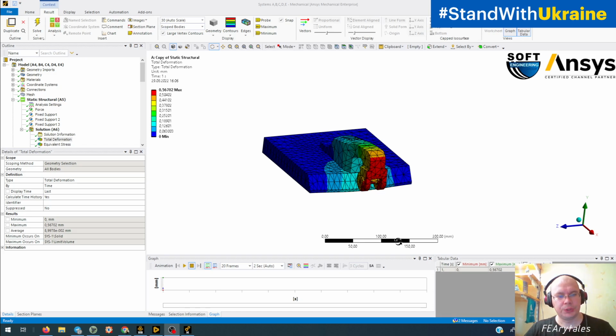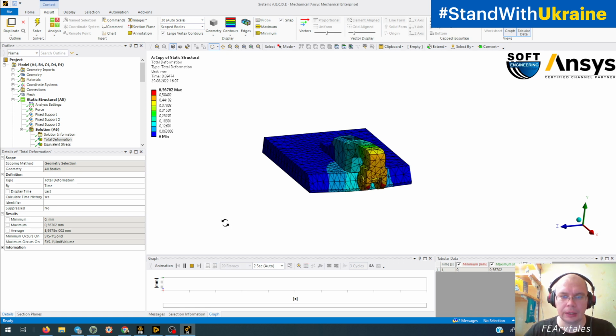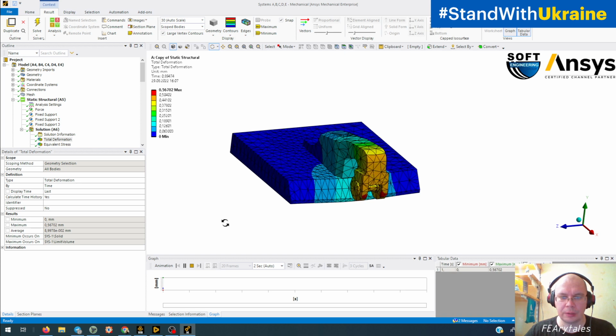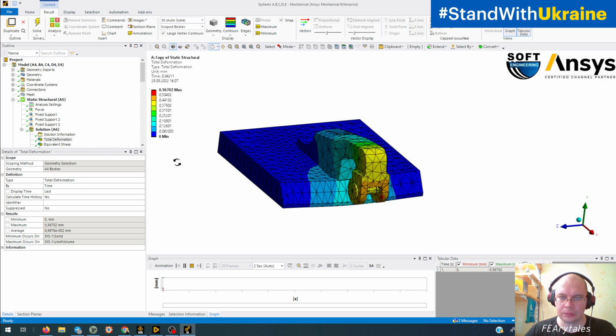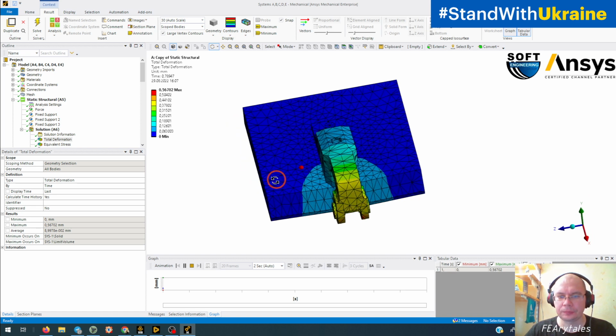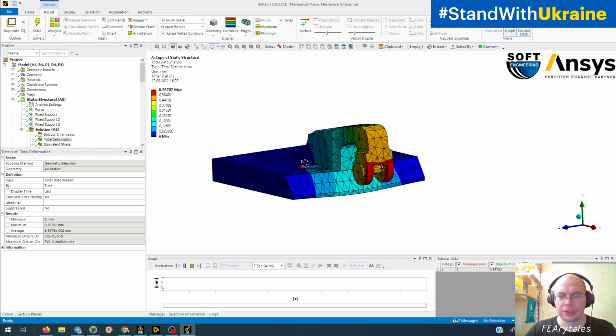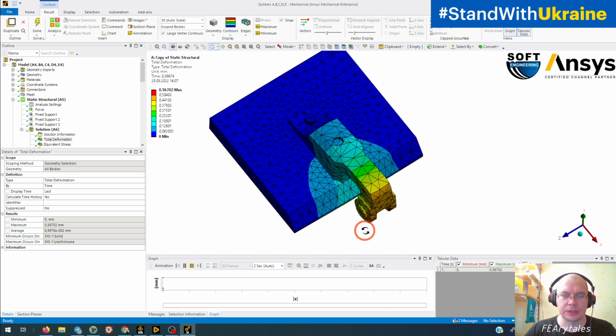Hello everybody. Today we start a very interesting and very difficult theme. We will show some difference in model behavior if we have some difference in statement. So, for example, this is total deformation with